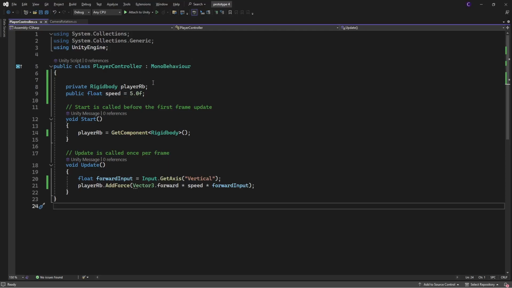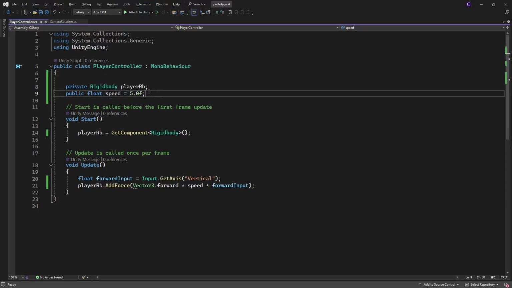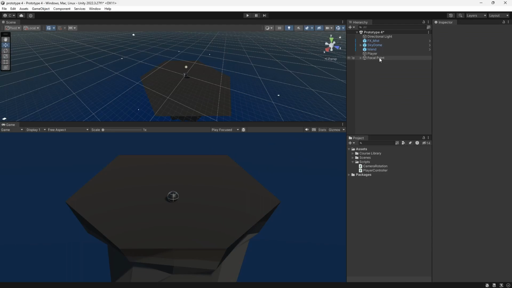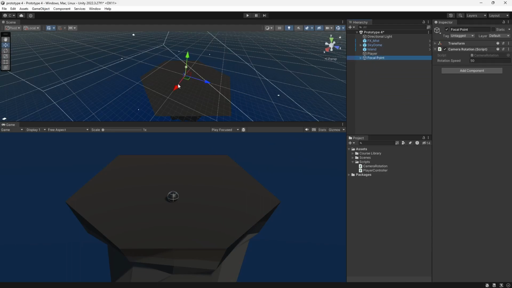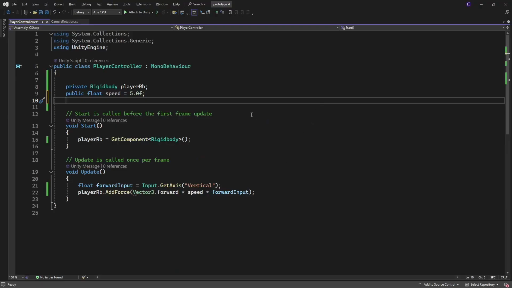We're going to fix that by adding a way for it to access our focal point, because the focal point rotates the camera, and so whichever way the focal point is facing is what we're going to want the ball to be facing. All right, or our player, I guess. So we are going to make